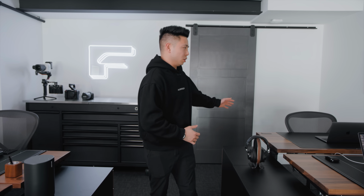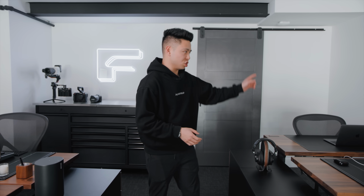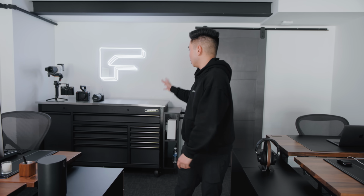So now that we've taken a look at my desk and also the storage unit, I'm sure a lot of you guys who haven't seen the previous video are wondering what is in that French door. And as nice as it would be to be like a hidden office or storage unit or whatever, it is actually the bathroom, which we ended up turning into a storage unit, which is why the B-roll is going to be from before. So originally when I bought this place, it actually had a shower right here, and then it had a kind of